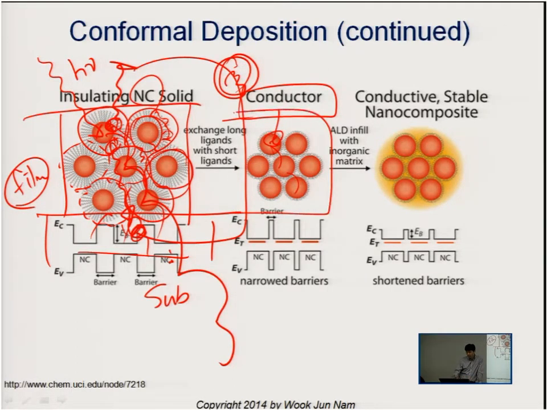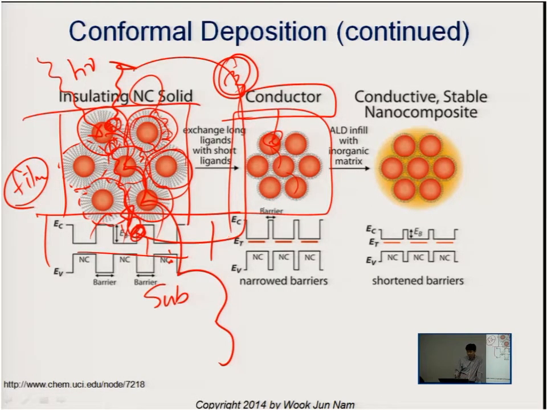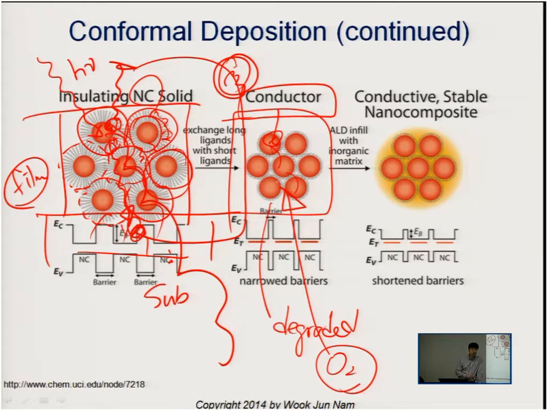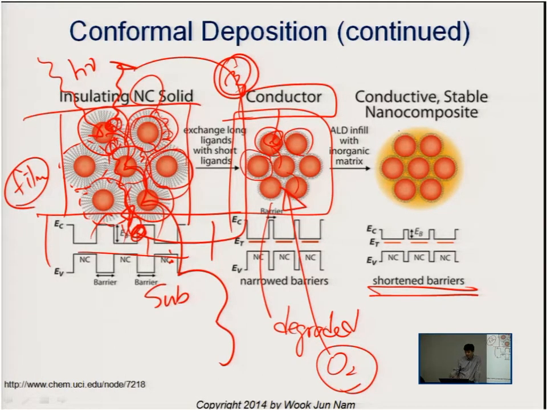But still, the problem with this material is that it degrades in the environment pretty quickly, because when oxygen sees the quantum dots, it starts to react with them. So no matter how good the performance of this solar cell is, degradation is an issue. One research group had a good idea: after they exchange the organic molecules, they coat another layer of